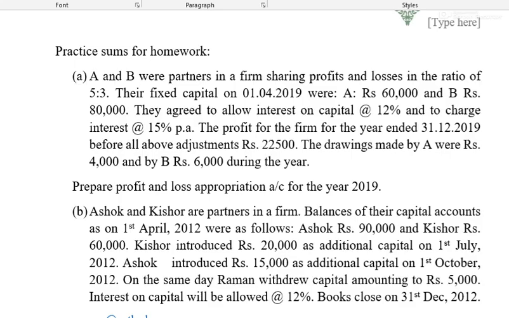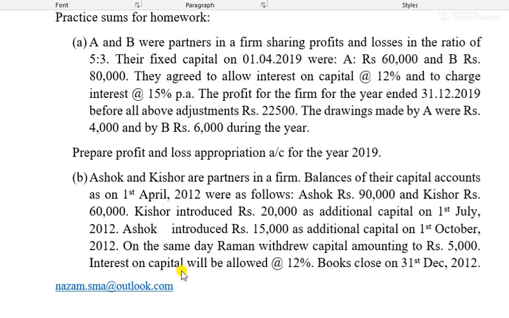These are two very simple sums that I am giving you for homework, and please note that these sums will form part of your assignments and you will get marks for doing the homework too. So it's very necessary that you do these sums nicely and then send them to me on this email. Also, if you have any problem in understanding today's class, please don't hesitate to disturb me anytime.